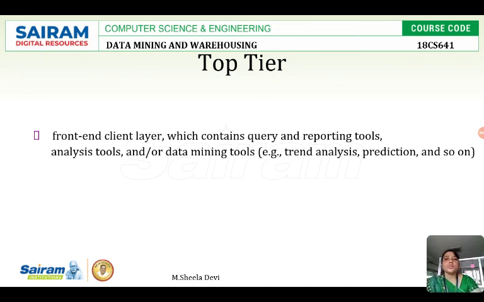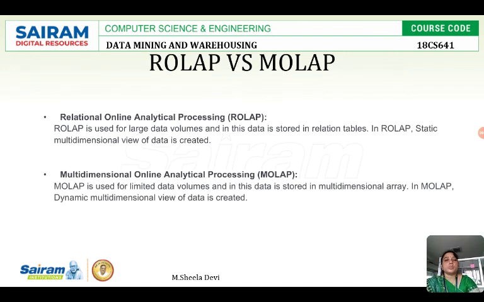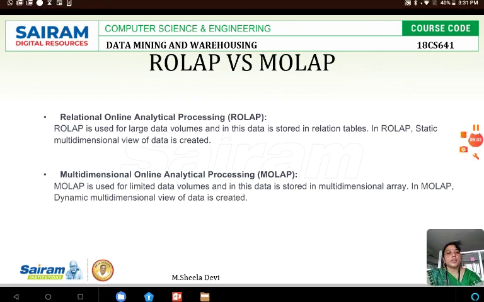So this is about the architecture, in which we have seen three tiers: the bottom layer, the middle layer, and the topmost layer. We have also seen how the data is collected from the bottom layer and maintained in the data warehouse, which is the middle layer, and it is passed to the front end tools to provide the report using the OLAP engine. So with this, I will end the session. Thank you.